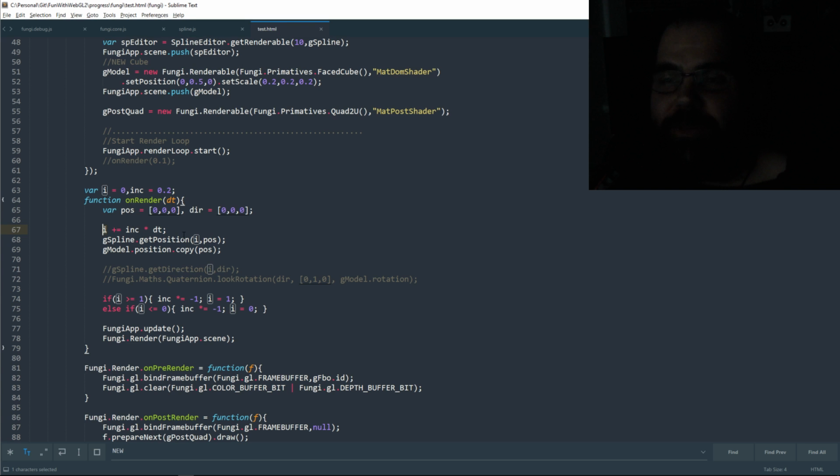So we're just getting the position of that timeline. When we get asked the position of that timeline, we're going to get its x, y and z points. Once we know its x, y, z position, which we're saving here, we just copy it into a model, and then fungi render will render at that position. And this point right here,